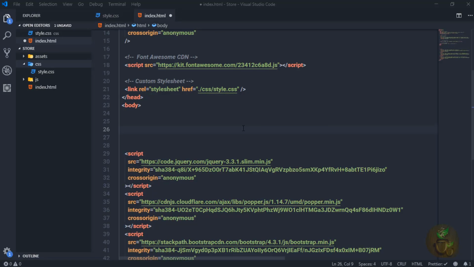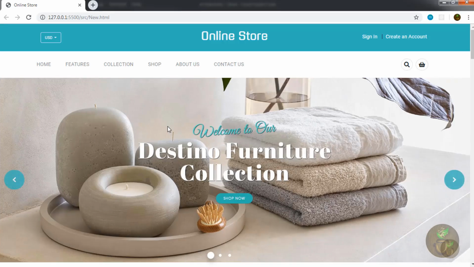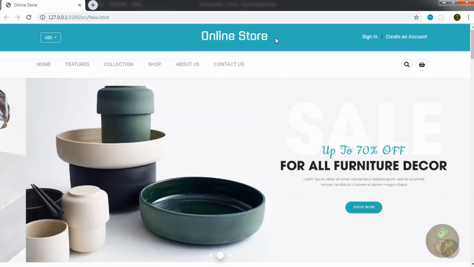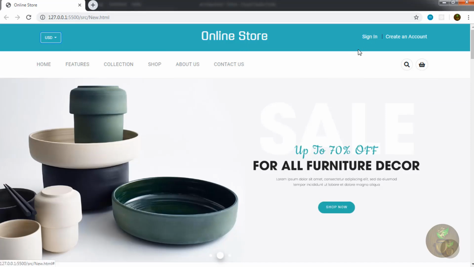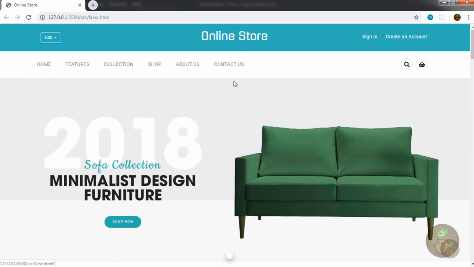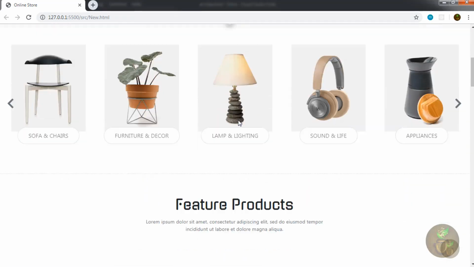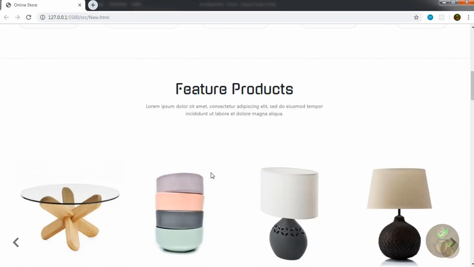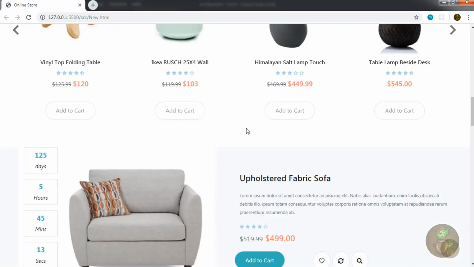Just after that, let me first open my finished website in the browser. In this website, I'm going to first create the header section where we have this USD drop-down menu, this title, and this sign in and this create an account section, and we also have this navigation menu in the header section. Then the main section, we have this slider, this product section, this feature product section, then we have this